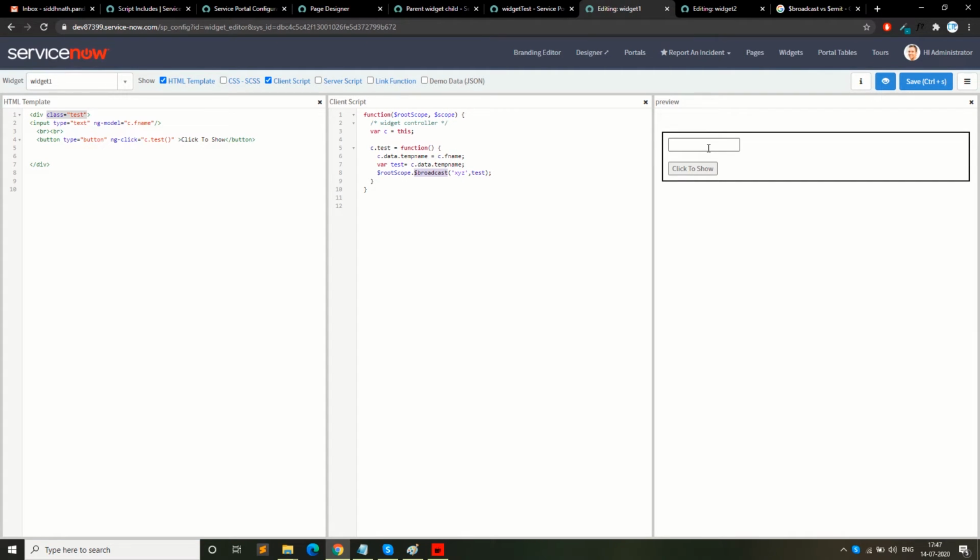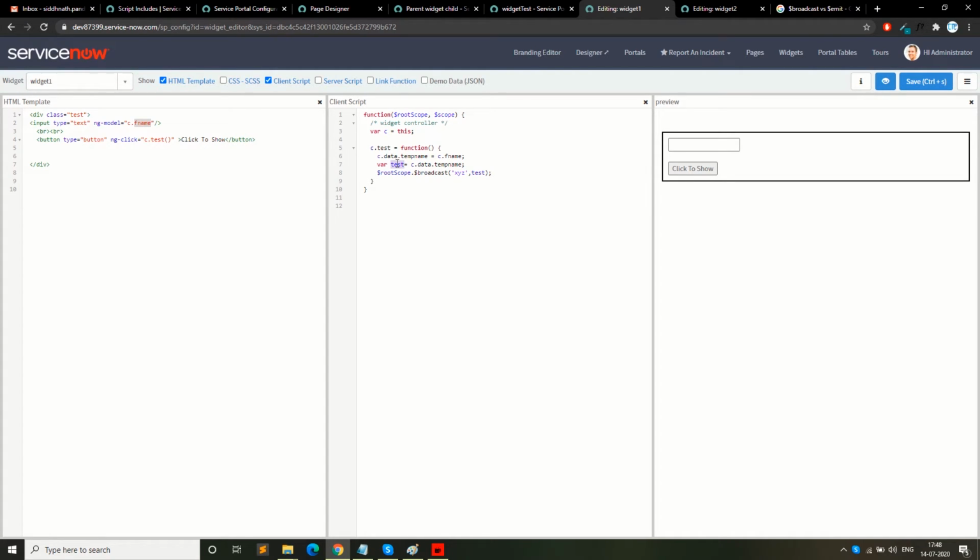Okay, we have this visit 1, where it contains one input and one button. On click of this button, whatever the data in this input will get transferred, will float on the page, I would say. And this is the code we have written over here. This is the function of this button, ng-click, which is an Angular directive for the button's on-click method, and we have written the function. The input text box name we have given is fname, and the data of this input got transferred into this variable.